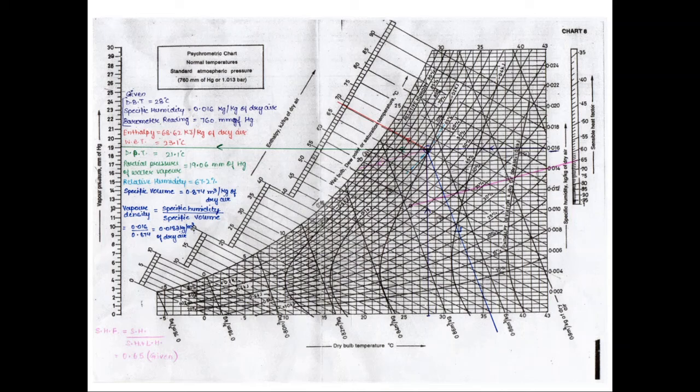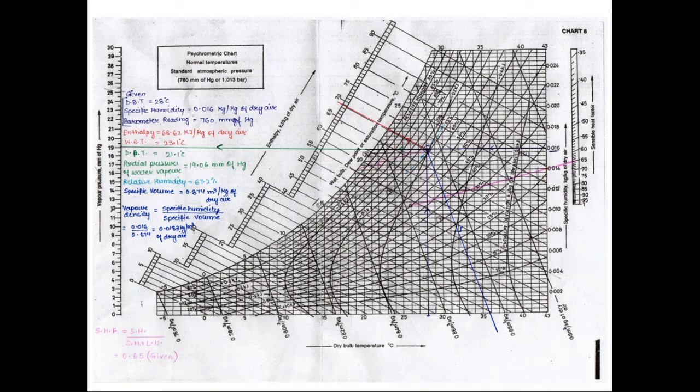So this chart is similar to the other chart. The main difference I am telling you, on the left side we are having vapor pressure in mm of Hg. So you can find out this given point following the same procedure as we follow in the other chart. From this given point, we will draw a horizontal line towards left. Beyond this saturation curve, it will cut the vapor pressure line at this point. So the value comes out for partial pressure of water vapor equal to 19.06 mm of Hg.